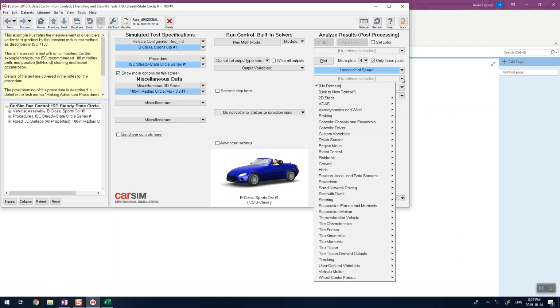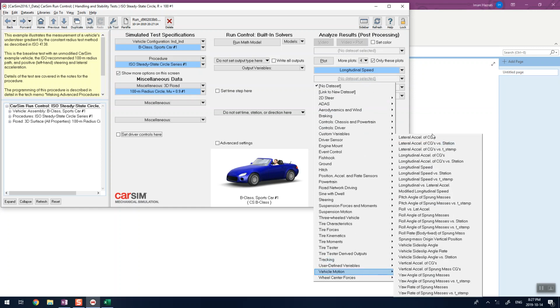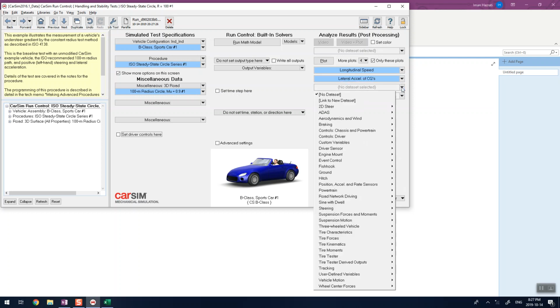Then going here, vehicle motion, lateral acceleration of the CG position. Then I want to see if my steering angle is fine and use it to see K understeer and K oversteer. Steering wheel angle, go to steering,